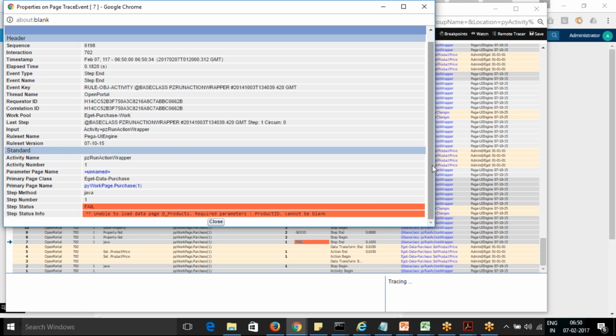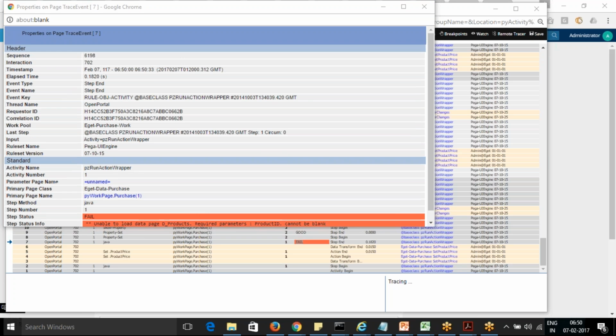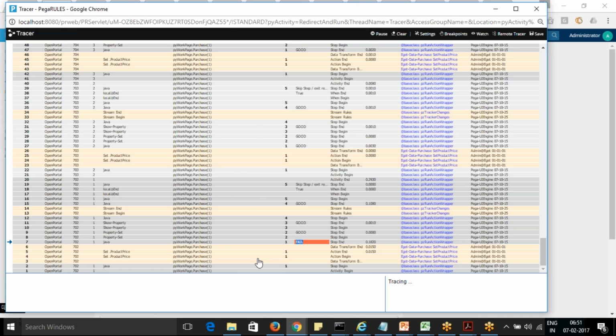First time the product ID cannot be blank. That's fine. And then it's running, and from here your data transform started. So that's the data transform set product price.